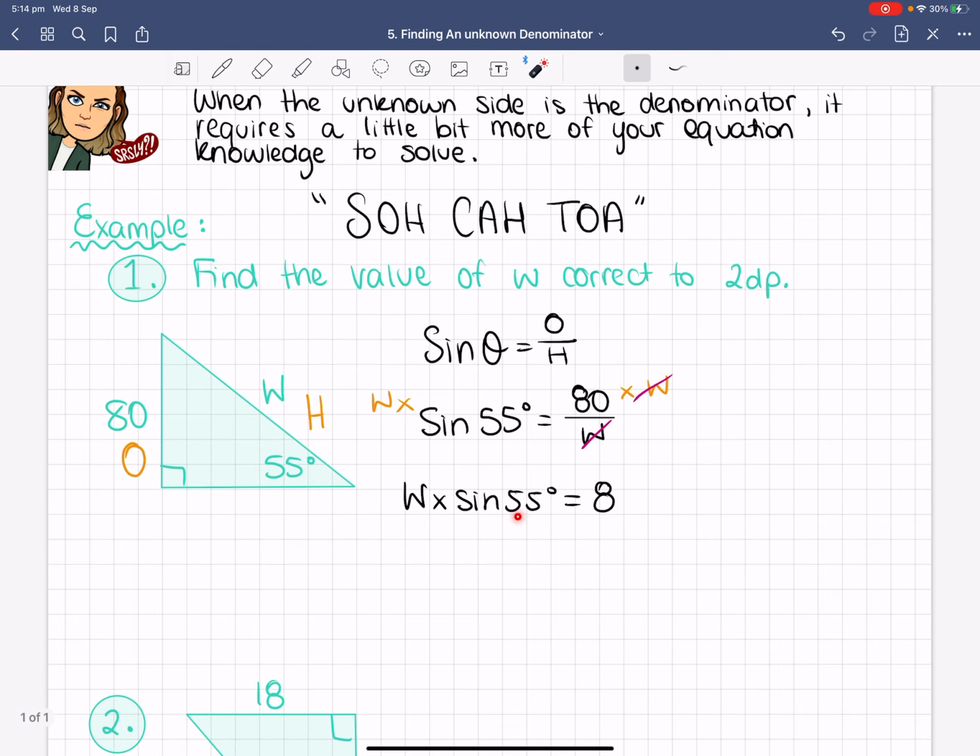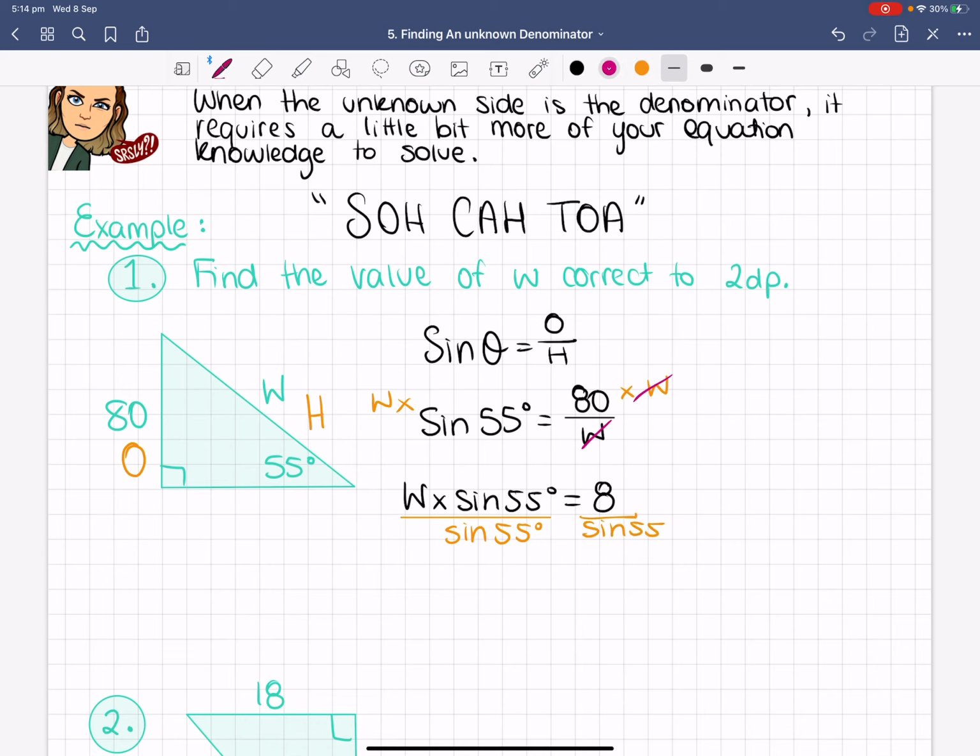However, we don't want W times sine 55, we just want W. So it's like a 2-step equation. We can divide by sine of 55 degrees. These are coupled together, so we don't split them, because it's sine of that. So they come together. Now doing this on both sides